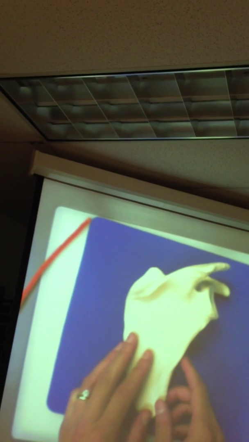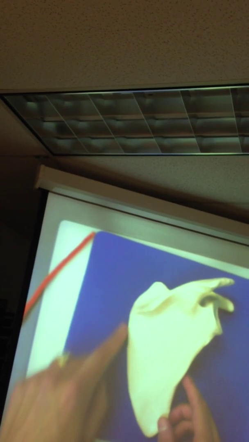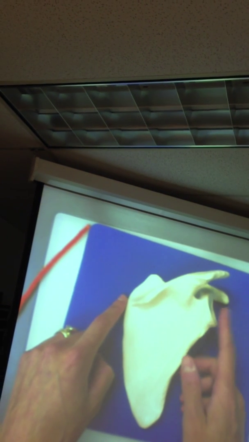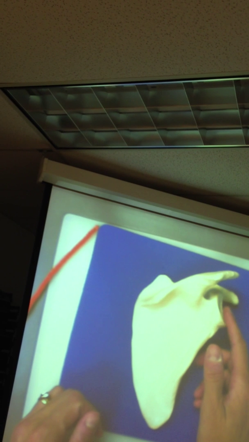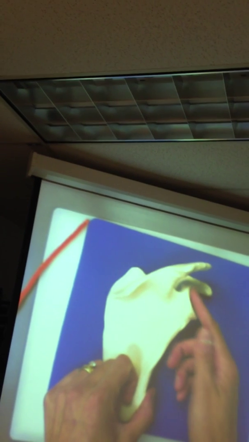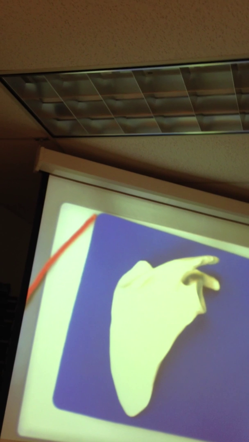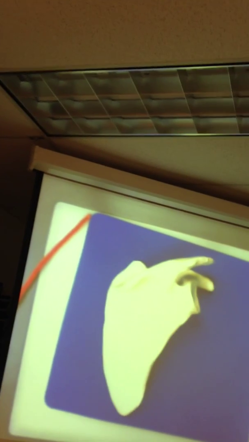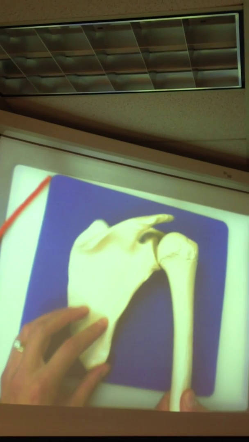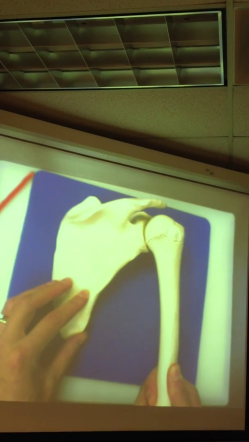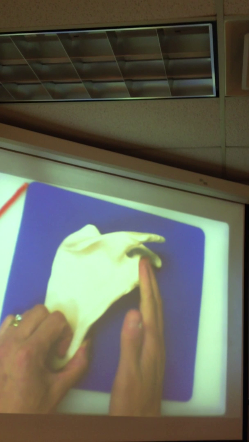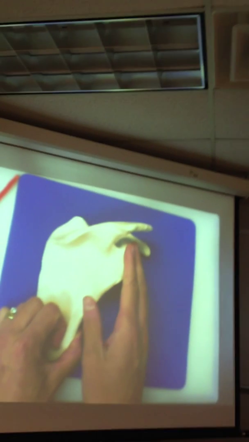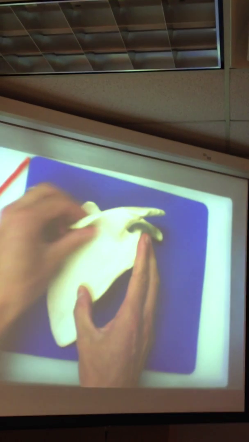Which side faces the shoulder? Does this side face out to the shoulder, or does this side face out to the shoulder? Okay, this side right here faces out to the shoulder. In fact, this little cavity right here is where your arm bone, more formally known as your humerus, fits in. Okay. Once you know this sits out towards the shoulder, so this is lateral, you know that the big spiny, ridgy structure you find in the posterior aspect,